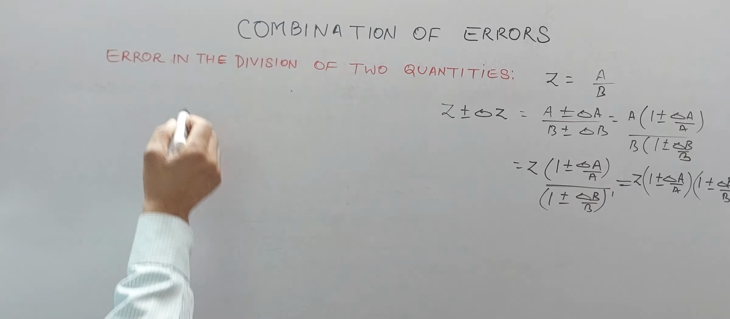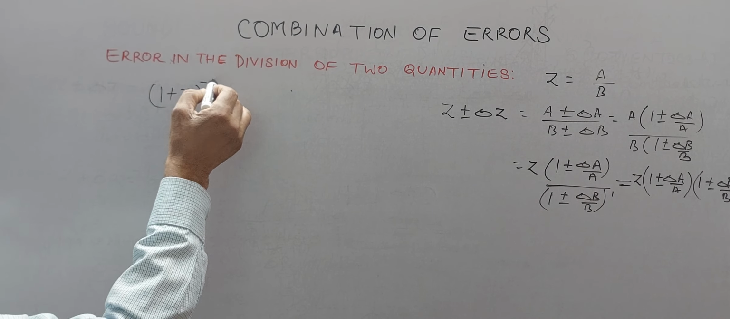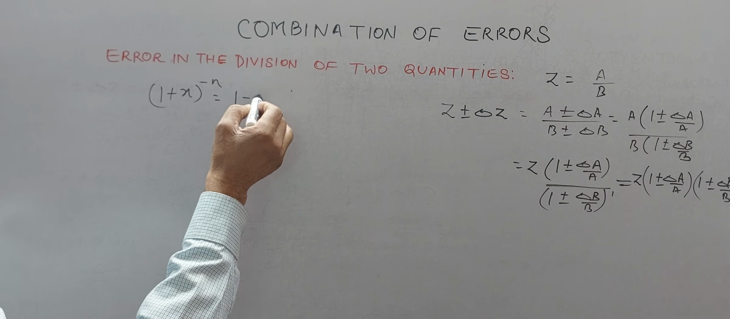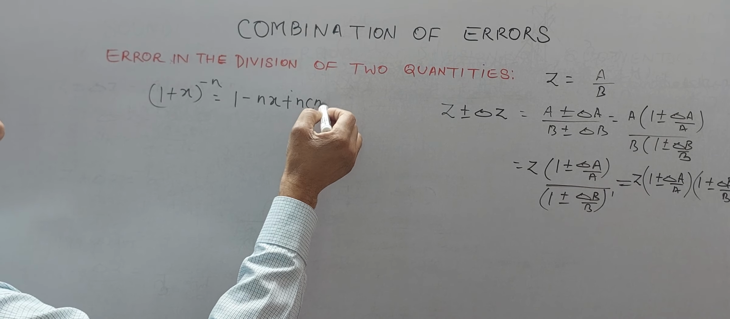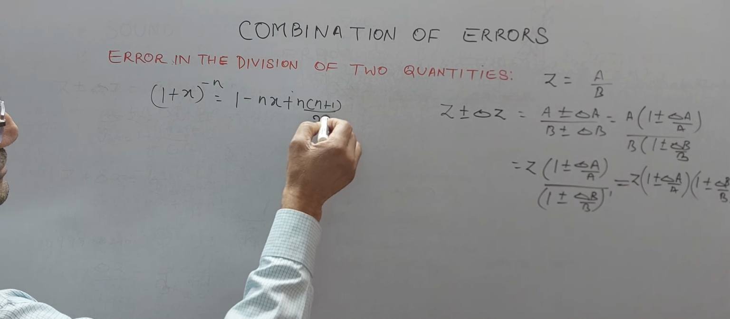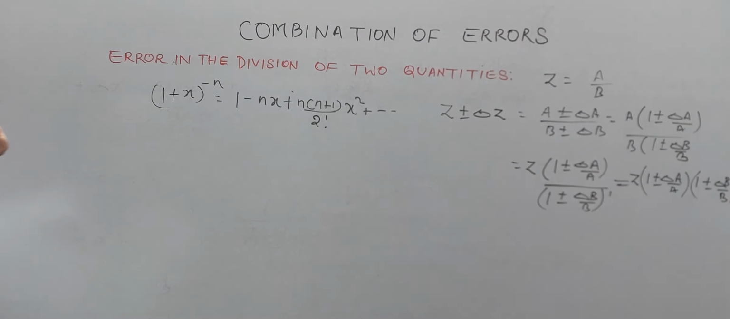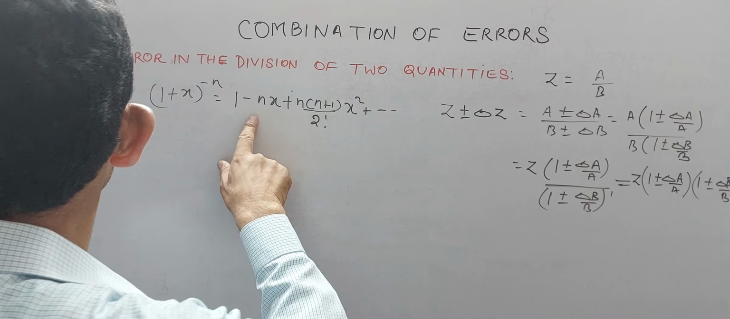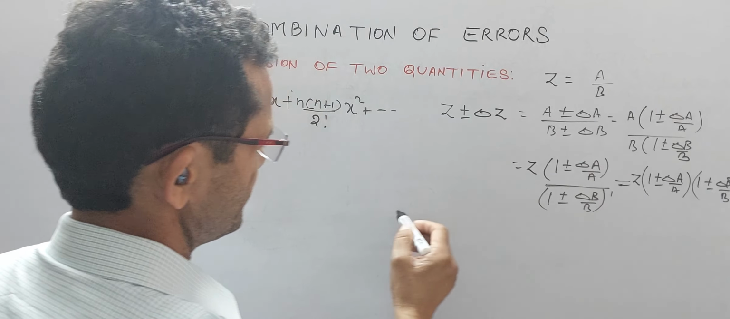You know, by the formula of the binomial, (1 plus x) raised to the power minus n is equal to 1 minus nx plus n into (n plus 1) divided by 2 factorial, and this goes on. Now we have to use only up to the first two terms. So in that case the value becomes